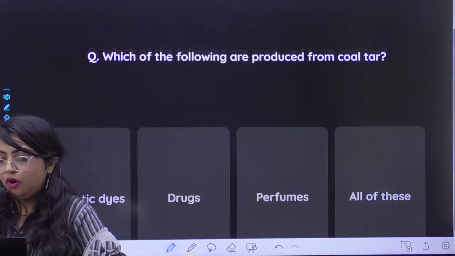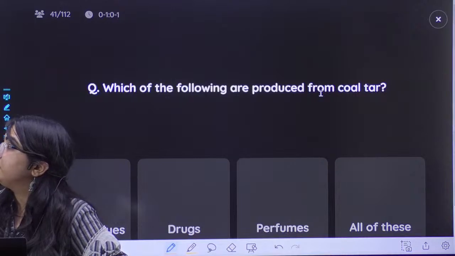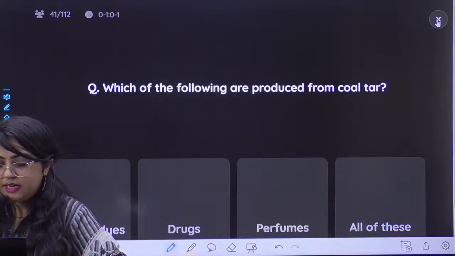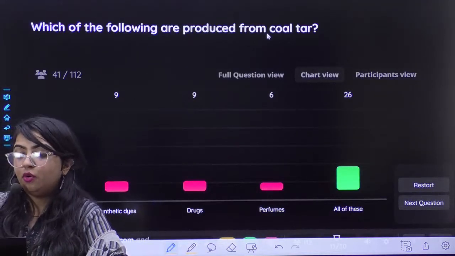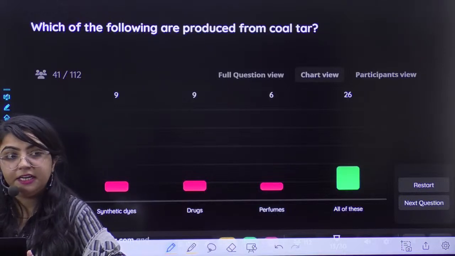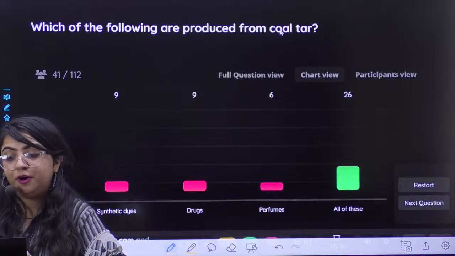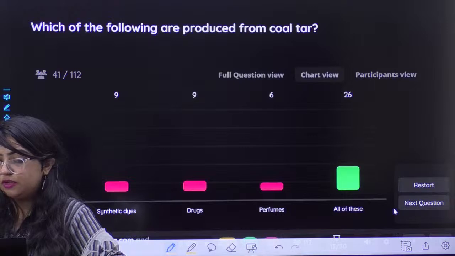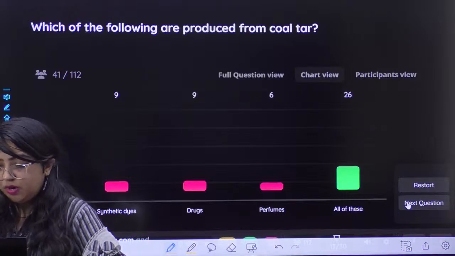I hope you all have answered this. Let's check the correct option. All of these. So from the coal tar we can prepare synthetic dyes, drugs and perfumes. All these things can be prepared from coal tar. So the correct option is all of these. Now the next question is,